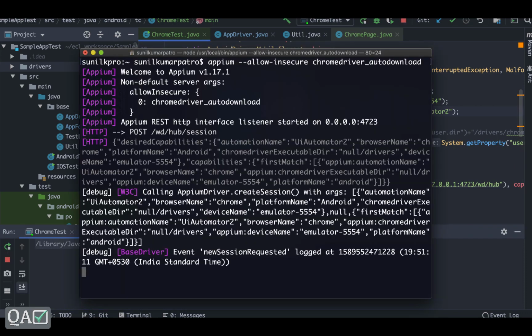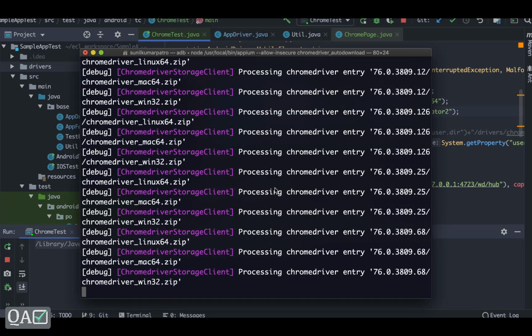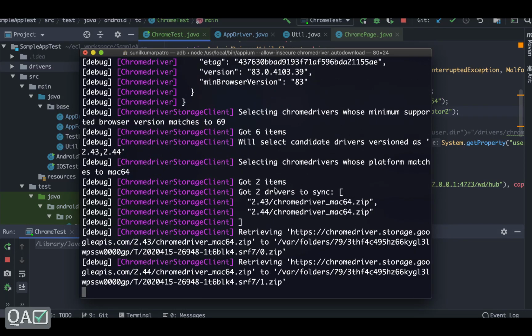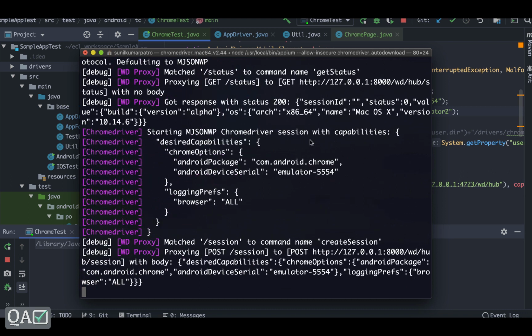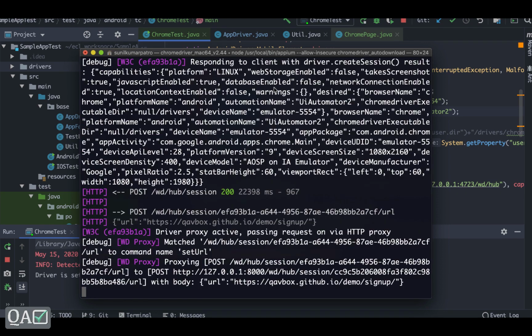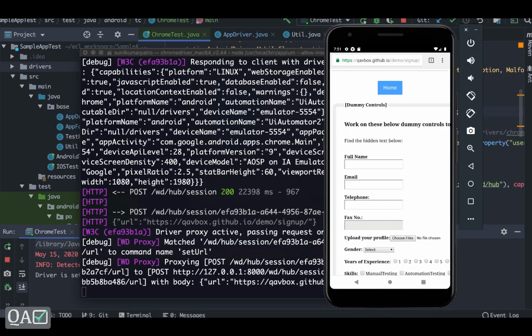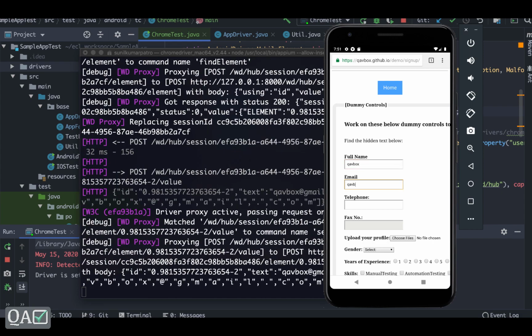Here you can see all the versions it is checking, because it is checking what is the compatible version. So here you can see it found two versions, 2.43 and 2.44. Now it is downloading. If everything goes well, it will download that, and then it will automatically pick up the particular version.